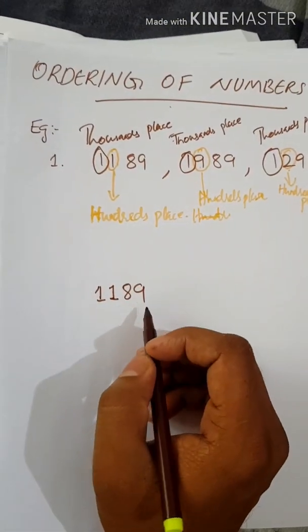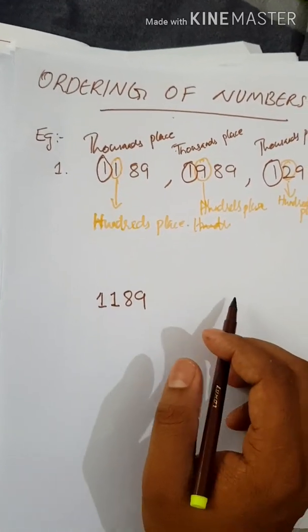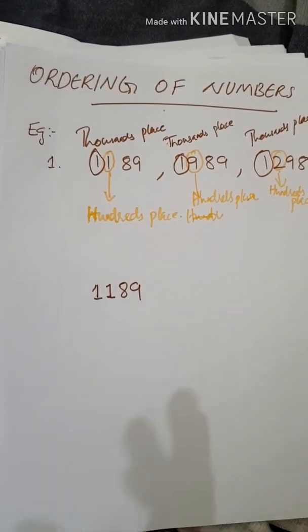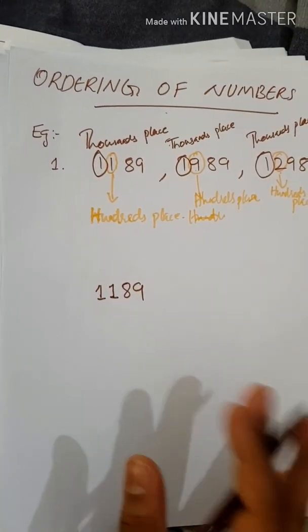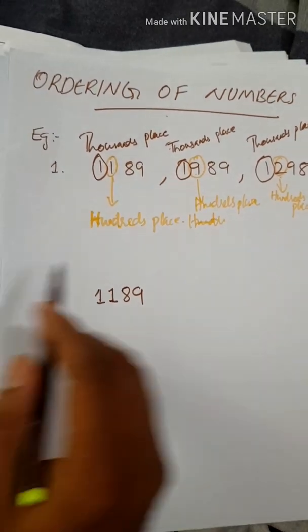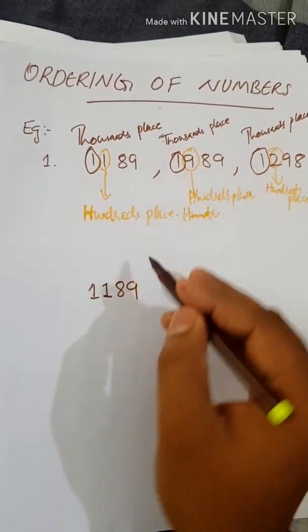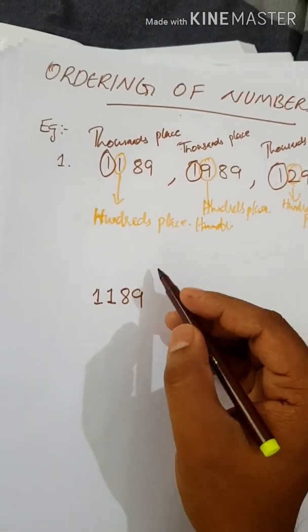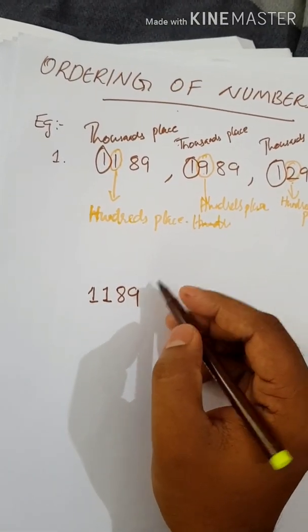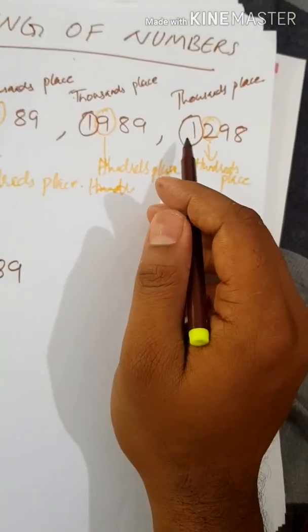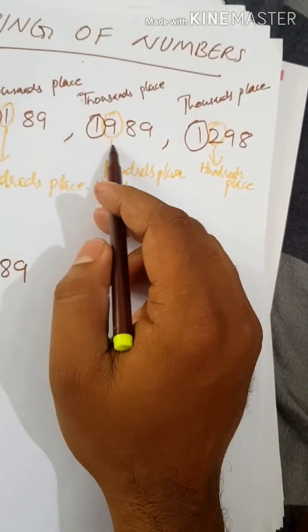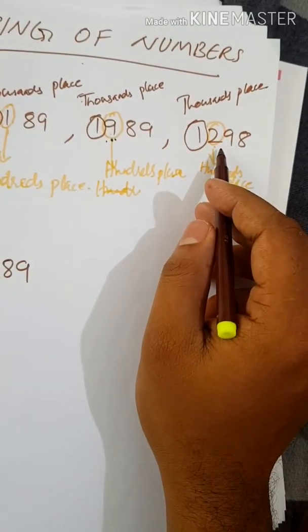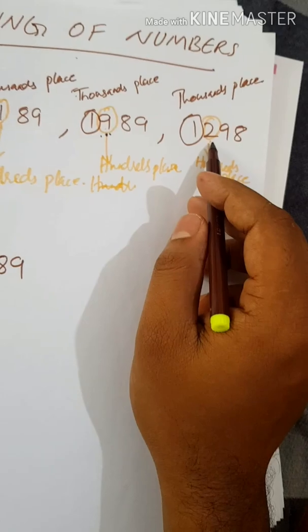First we have taken this number because we are ordering these numbers from least to greatest, or chota se bada, or smallest to the largest number, like ascending order. So we have to take this number. This number is the smallest number. Understood? So we will write this number in the first space. Okay, next one. You can see the numbers in the hundreds place. This one 9 is there, and here 2 is there. So which one is smaller?